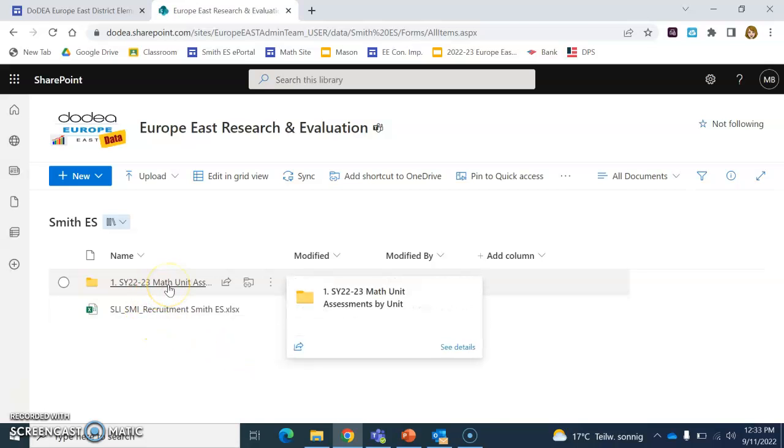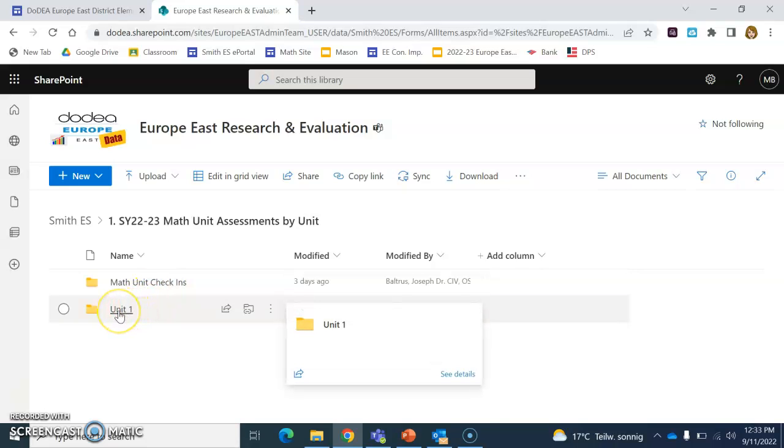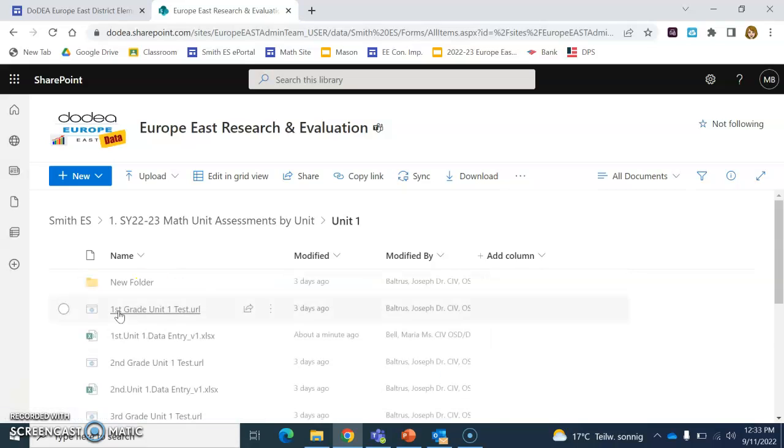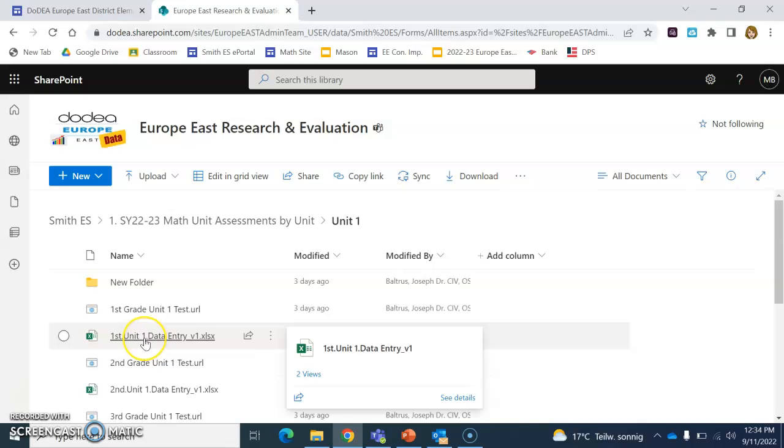Math unit assessments by unit, and we're going into Unit 1 End of Unit. These are different than check-ins because each grade level or neighborhood will share one file for student data. The actual assessment is linked here, and the data board is right below it. So the entire first grade neighborhood would be using this file. So I select the file,